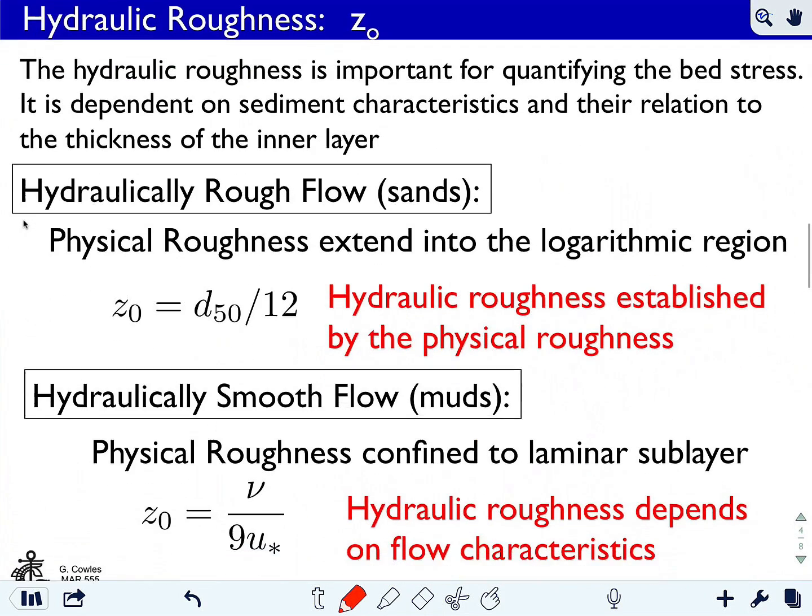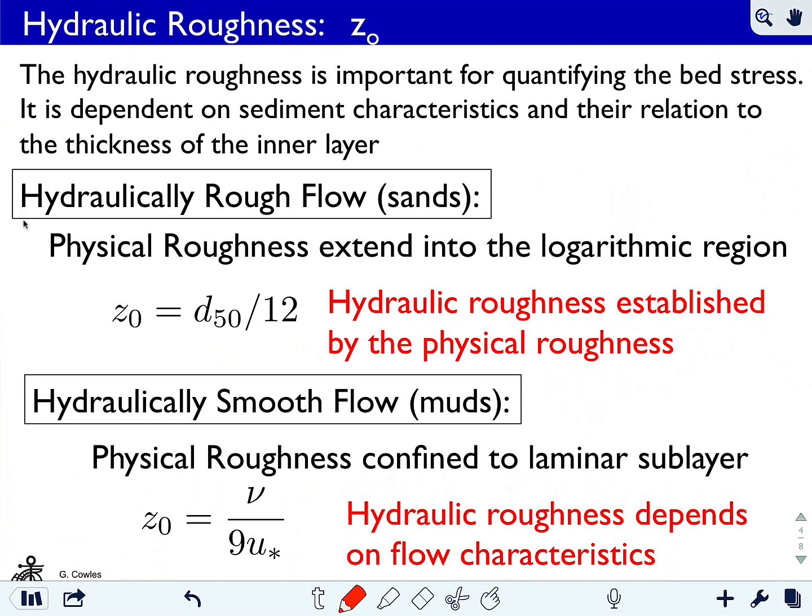This hydraulic roughness Z0, it's not a physical length scale, but it is a length scale. And essentially, it defines where the turbulent law would go to 0. So it defines a distance out from which, across which you really have a laminar subregion. That laminar subregion is a thickness Z0, and generally we relate it to the median grain size, D50, discussed in the previous subunit, divided by 12, or basically a tenth of that D50. So the hydraulic roughness